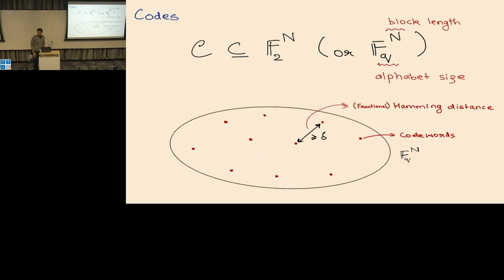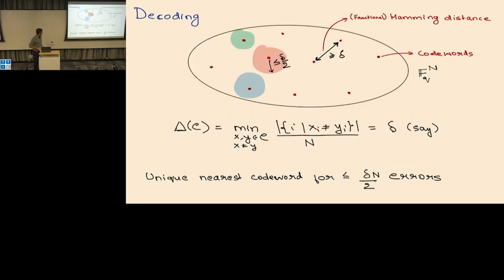And we'll measure distance between these code words as the fraction of the n positions in which they differ. So if you have 2 such code words, we'll take the Hamming distance, except we'll divide by n so that we just have numbers between 0 and 1 and don't have to remember the n. Stop me at any point if something is unclear. These are probably definitions which you've seen, but I just want to make sure we all are on the same page. Okay, and